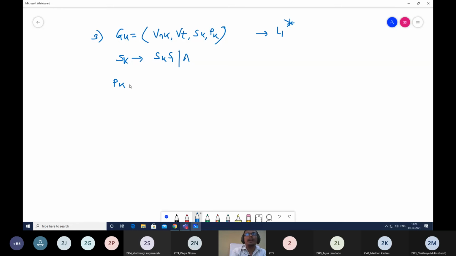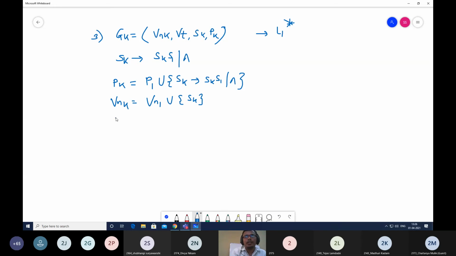Our production rule PK will be all the production rules in P1 union the additional production rule that we have added here. Here we have only one grammar, L1 and G1 grammar, for Kleene star. We don't have a second machine over here, right? What is our VNK? All the non-terminals from the first grammar union the additional non-terminal that we have taken, that is SK.